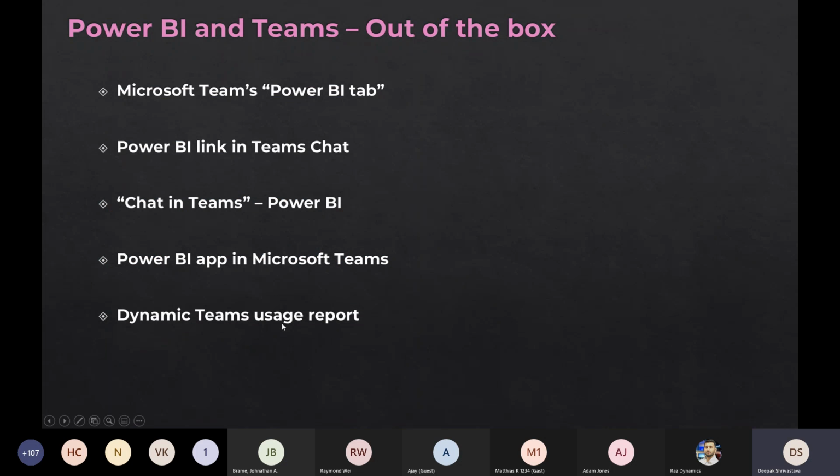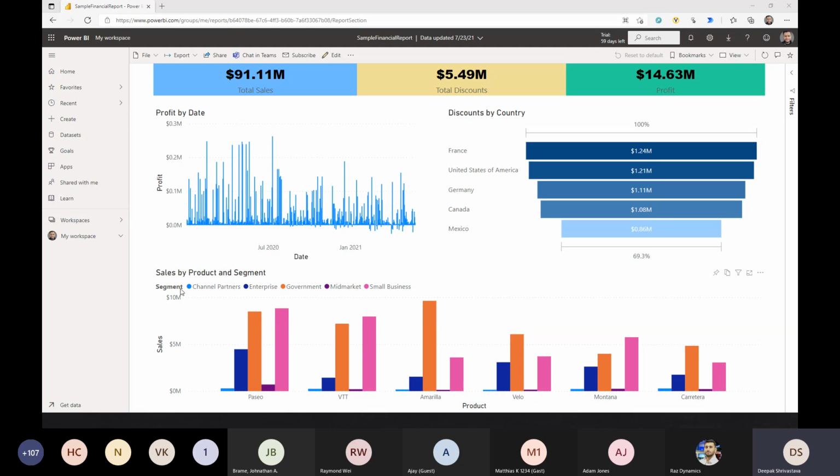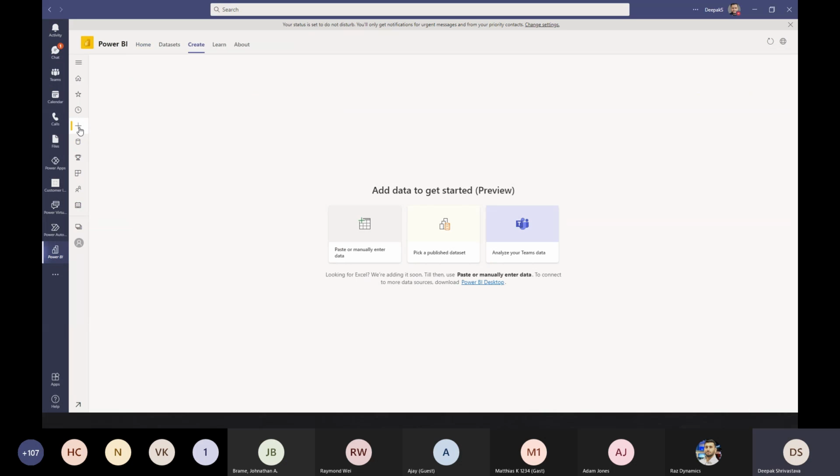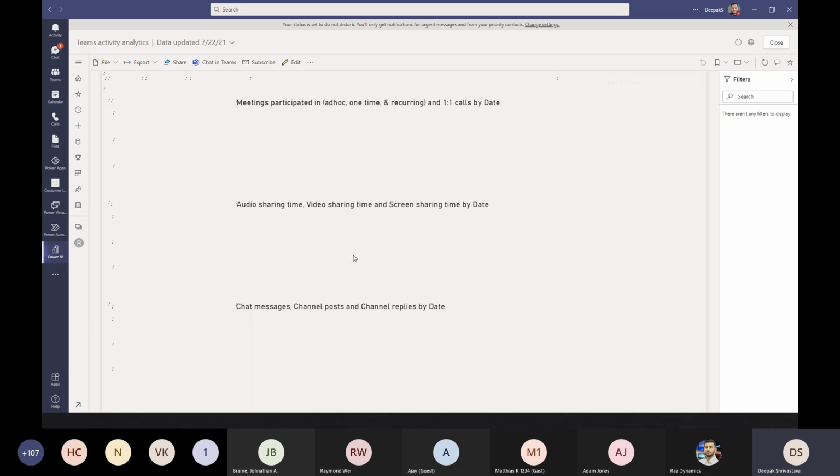Then this one, I like this feature a lot. This is the dynamic Teams usage report. What this does, if you go back to your Teams app and go to the create report part, of course, this is how you can create a report based on the data that you are entering manually, or if you have a data set that is available. But there's one option called analyze your team's data. If you open this report,